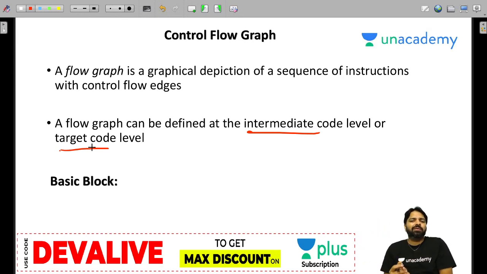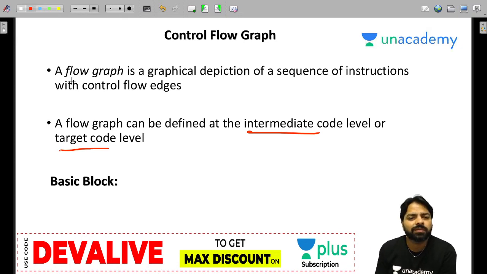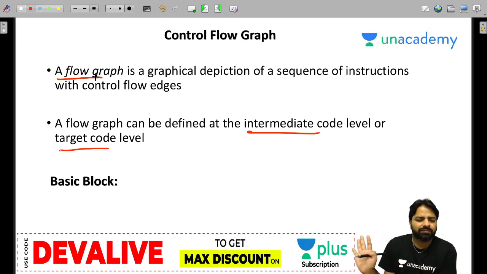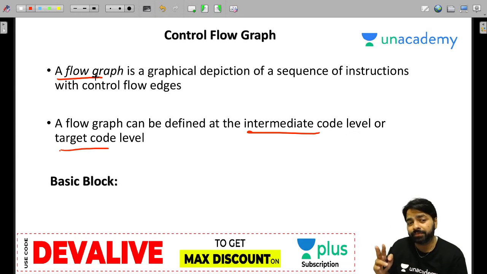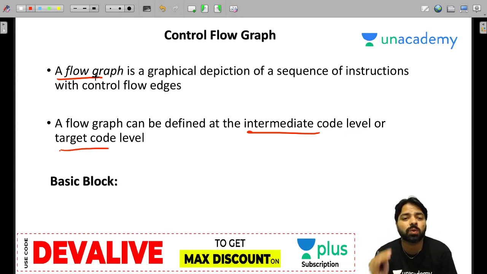So a flow graph can either be a control flow graph or simply flow between these statements. But a control flow graph is one of the flow graphs where we have basic blocks in the graph. So a flow graph may be a control flow graph or maybe a simple flow graph, but the difference is there. A flow graph you can draw as you want. You can relate the statements, you can relate the basic blocks, and as you want you can draw the flow. But a control flow graph is a flow graph where it maintains the basic blocks. Then what is the basic block?